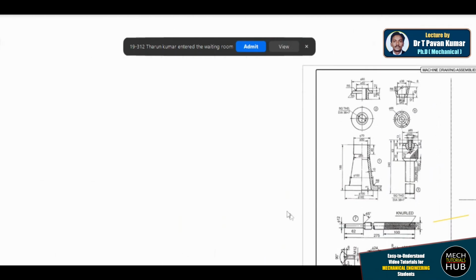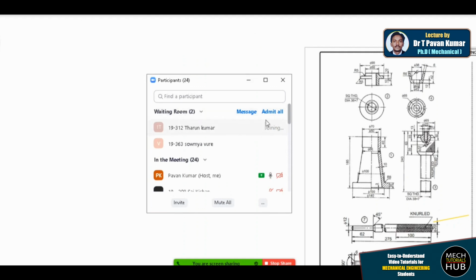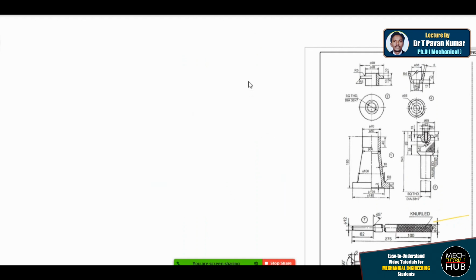We try to go through all the dimensions which you could see on the screen, by using all these dimensions and the representations. Representation is nothing but the views. Okay, a few people are getting confused whenever I say representation. That is also one of the doubts students are having. Okay, let us continue.